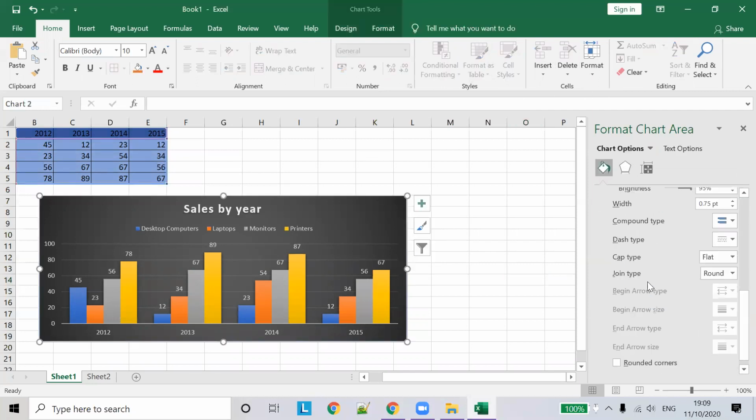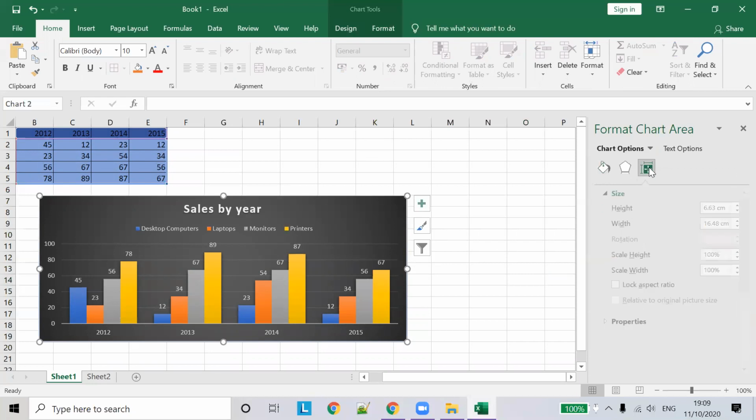What else do we have? These are all nothing to worry about. Then we'll see another example of a chart with some advanced, complex functionality.